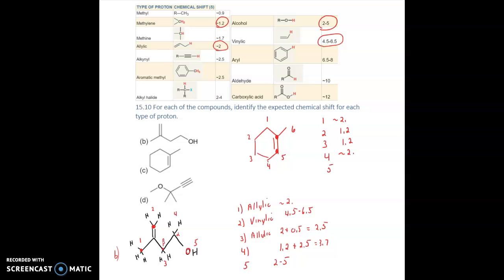The ones at the 5 position are vinylic, and we expect to see that between 4.5 and 6.5. The ones that are at 6, we are allylic there, so about 2. Okay. That just leaves us with